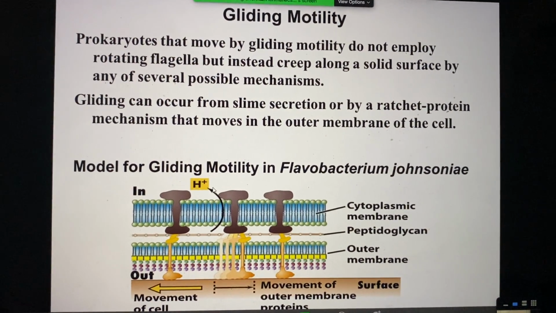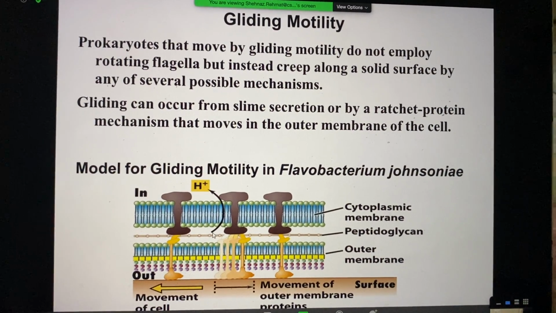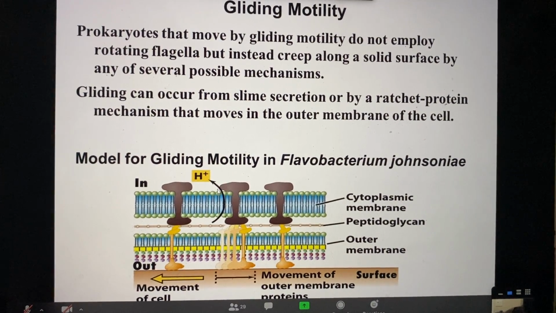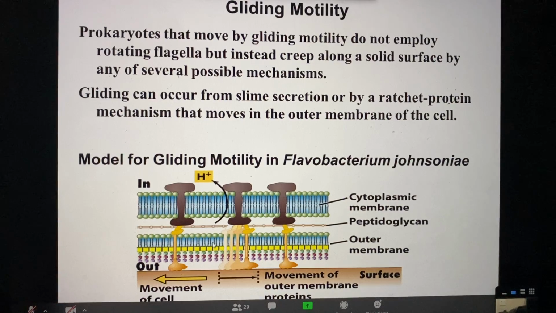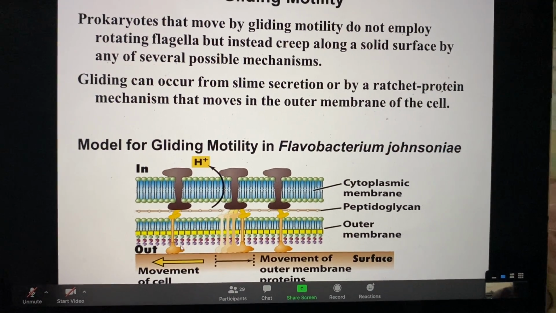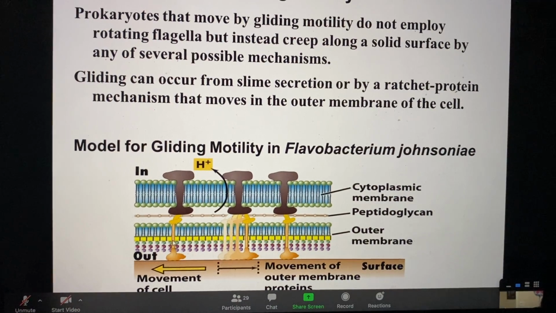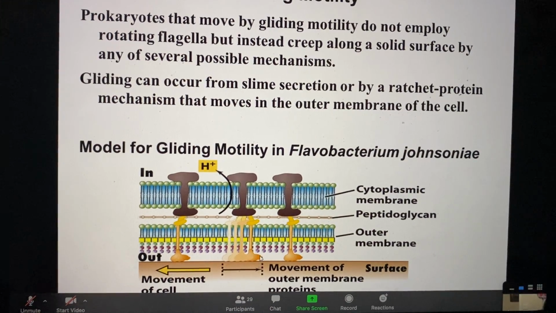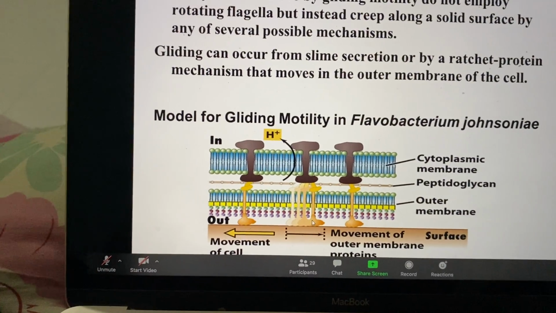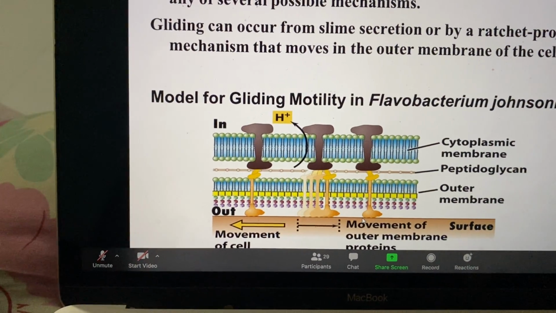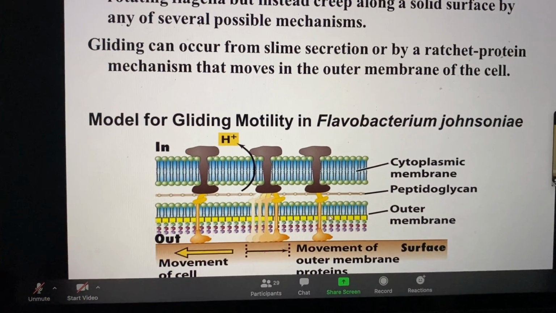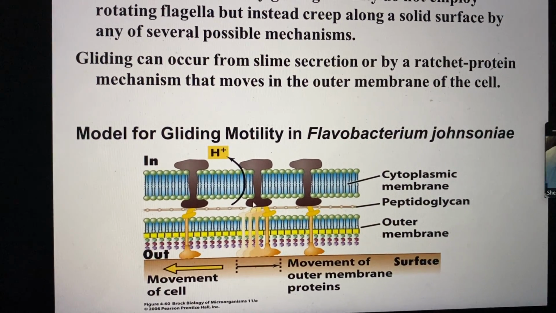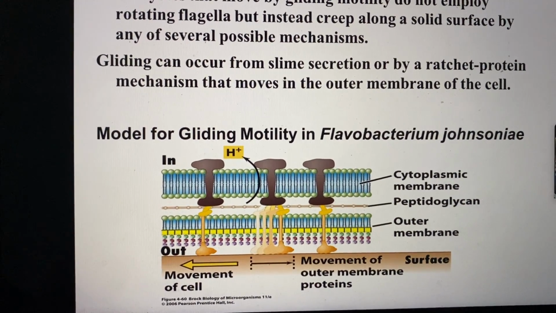And again, your hydrogen protons, creating the proton motive force, causing the hydrogen protons to go in, is the main energy that will be used for the rotation or for the movement of the cell. Here in this case, the proteins are embedded in the outer membrane, and they make surface contact with the surface on which it is going to glide. And you can see that these attachments, when they are made to any surface, remain, and the rest of the cell moves because of their attachment and the proton motive force. So this is a very complicated kind of movement.